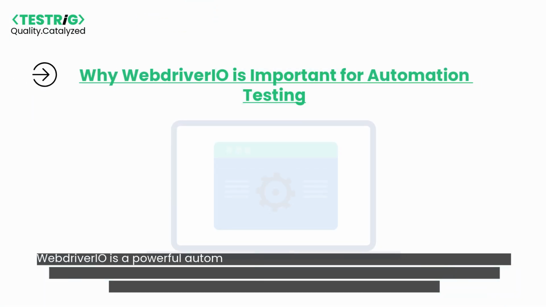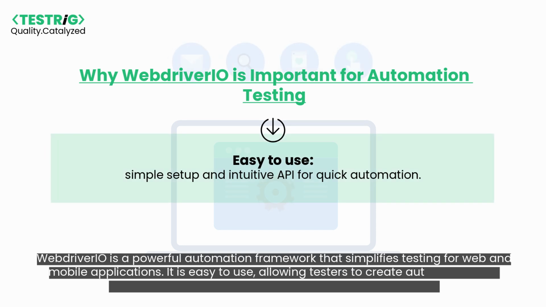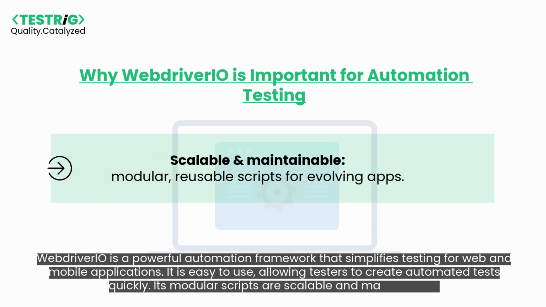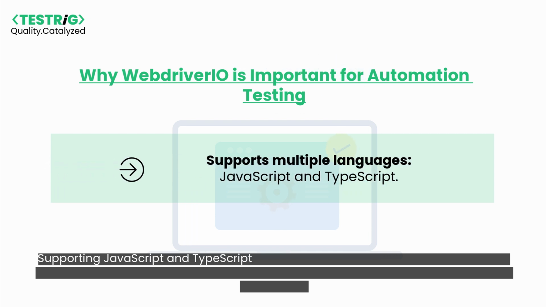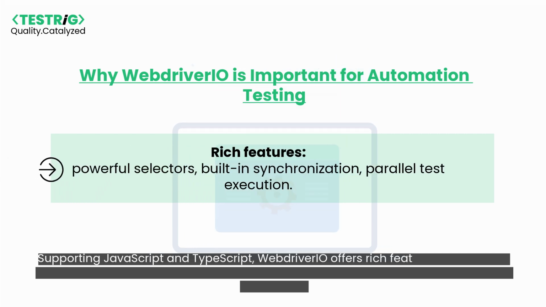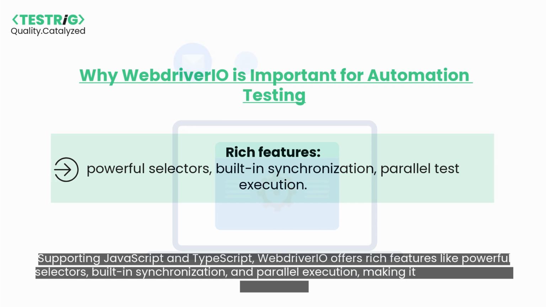WebdriverIO is a powerful automation framework that simplifies testing for web and mobile applications. It is easy to use, allowing testers to create automated tests quickly. Its modular scripts are scalable and maintainable. Supporting JavaScript and TypeScript, WebdriverIO offers rich features like powerful selectors, built-in synchronization, and parallel execution, making it ideal for